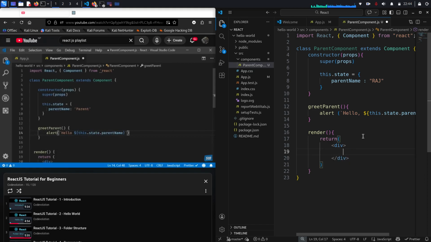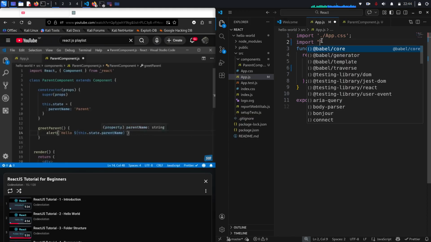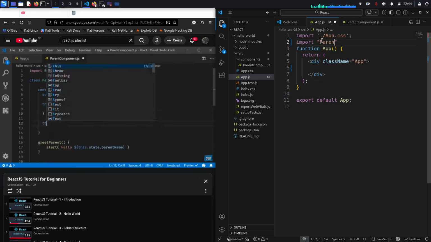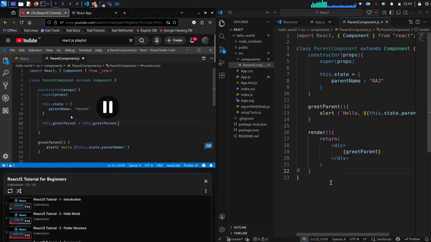Now please understand, backticks and $ curly braces is a feature in ES6 and is not a feature specific to React. If you're new to template literals, please take a 5-minute pause, read about it, and resume the video. Also, since we are using this keyword in the method, we need to bind this method. So in the constructor, this.greetParent is equal to this.greetParent